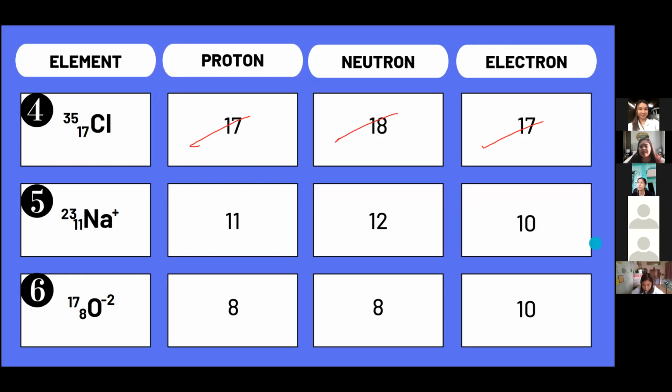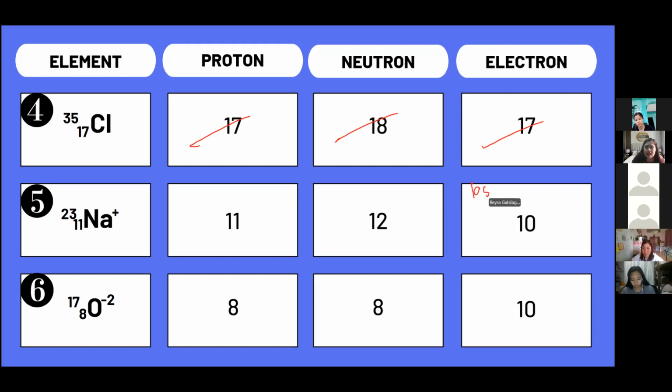Now we have here the sodium. Positive, meaning this is a sodium ion. Class, if an element either loses or gains an electron, that's the time mahimo siya ion. Mag-assume siya og charge, whether positive or negative. So in this case, sodium positive siya, which means mas marami ang proton niya kaysa sa electron. Actually, kapag ganito na mas marami si proton, ang ibig sabihin niya nag-lose siya ng electron. Okay? Nag-lose siya ng electron.